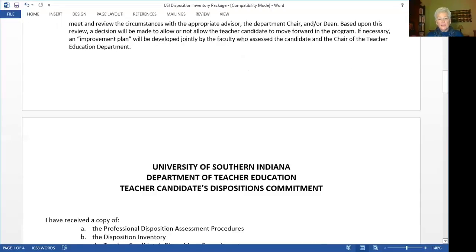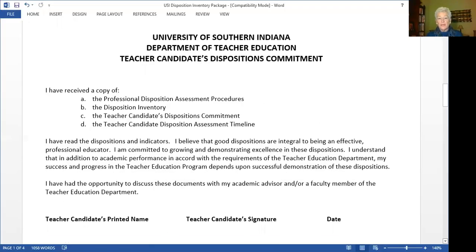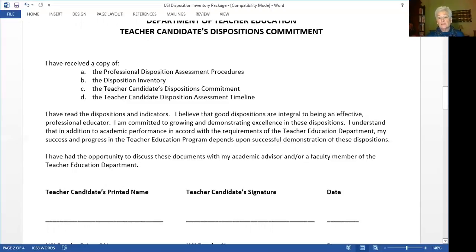On the second page here, you will see the commitment form. And it's important that you read this commitment in detail before signing it. And it basically attests to the fact that you have read the information in this document that you're receiving, and that you do believe that dispositions are a really important and integral part of becoming a professional educator, and that you are committed to demonstrating these dispositions, and you understand that they are part of your academic requirement here in the Teacher Education Department at USI.